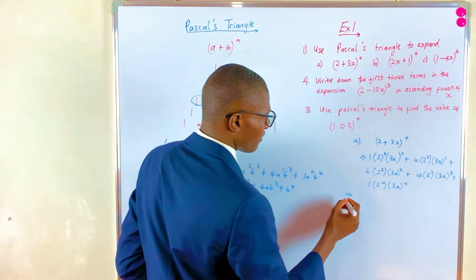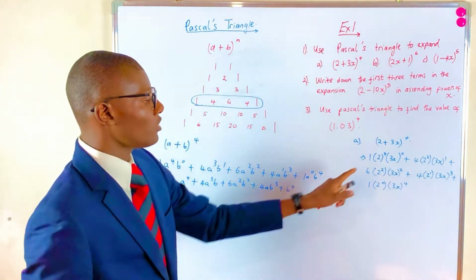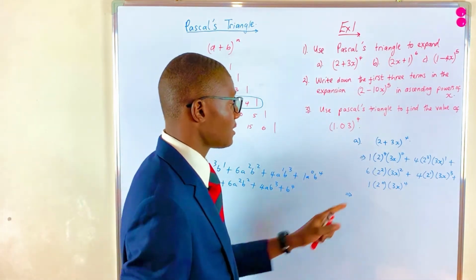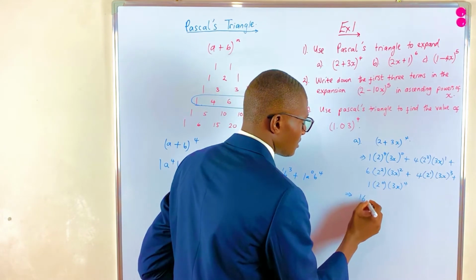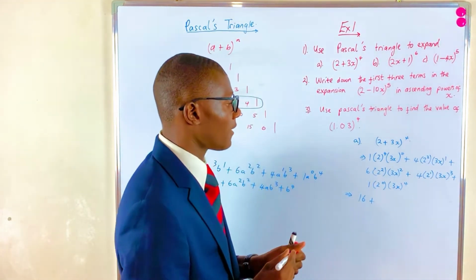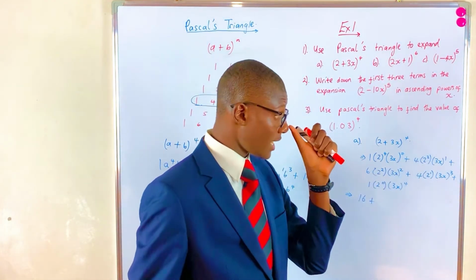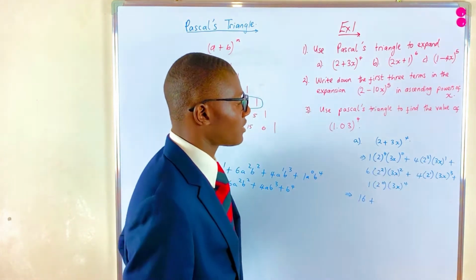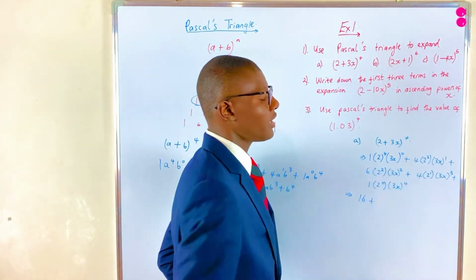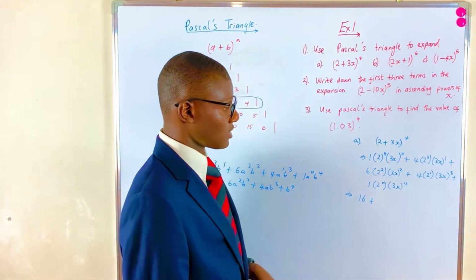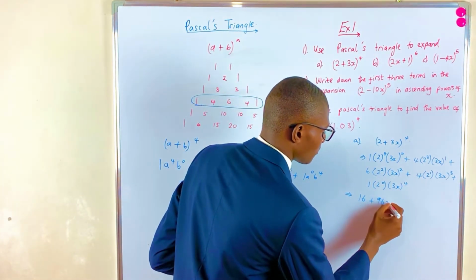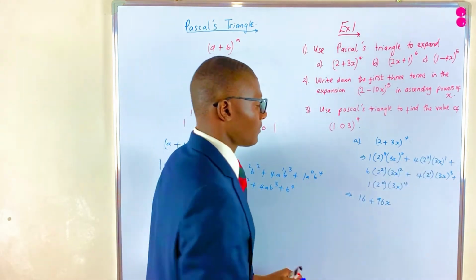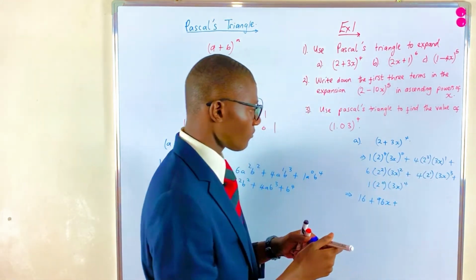And now we can further simplify those. 2^4, we get a 16, then that's a 1, that's a 1. So here we're saying 16 plus 2^3, that's 8. 8 times 4 times 3, that's 8 times 12, which is 96. So we get 96 multiplied by x here, and then plus